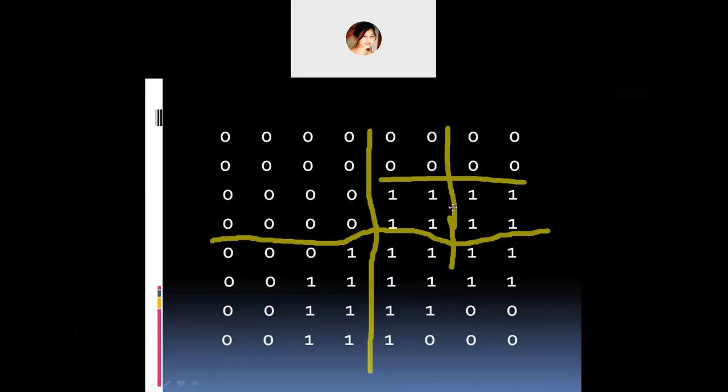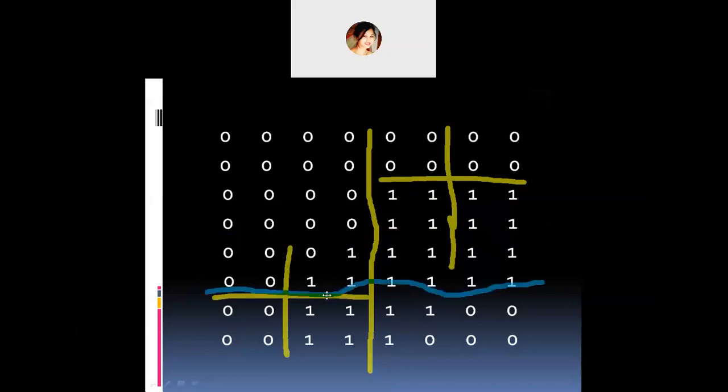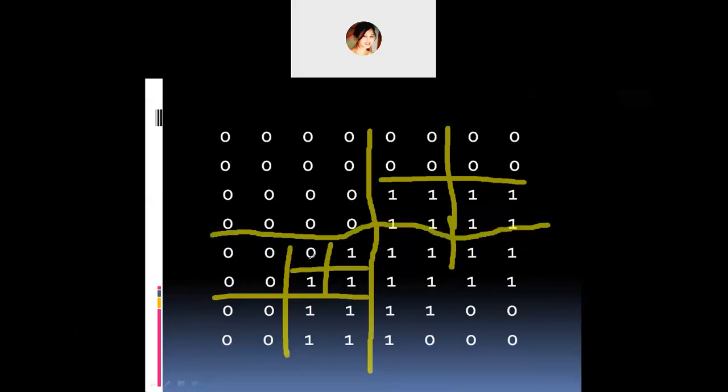Now this region is of similar nodes. This is of similar nodes. This is also, yeah, it's echoing. Okay, so this is of similar nodes, this is of similar nodes, this is of similar nodes, this is of similar nodes, right? So now keep it as it is. Okay, go into this one. This is also of different nodes, so divide it. This is of similar nodes, this is of similar nodes, right? So you don't have to split it again, but these are again of different nodes, so divide it again. Now done. These are similar nodes, don't touch it.